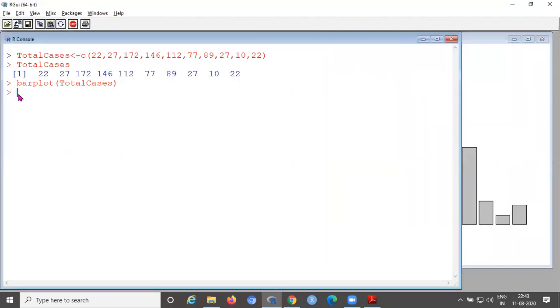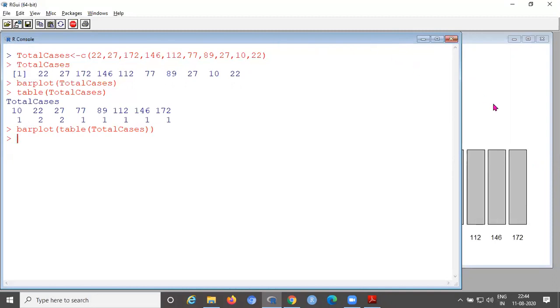Then you can find the absolute frequency, table of total cases. For this, generate the bar plot: bar plot of table of total cases.